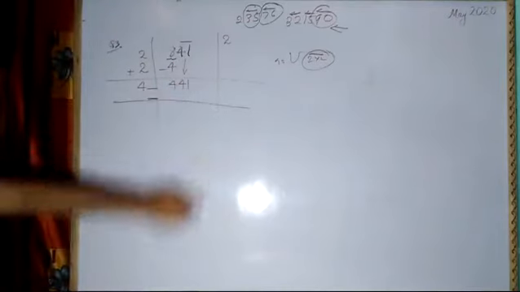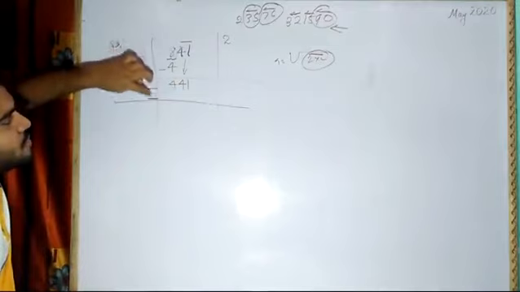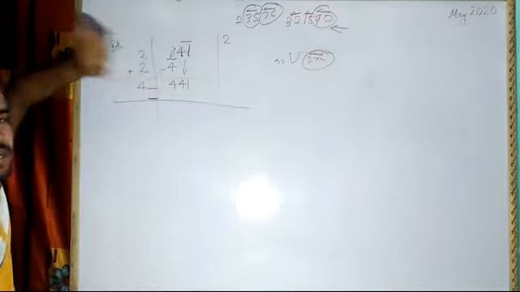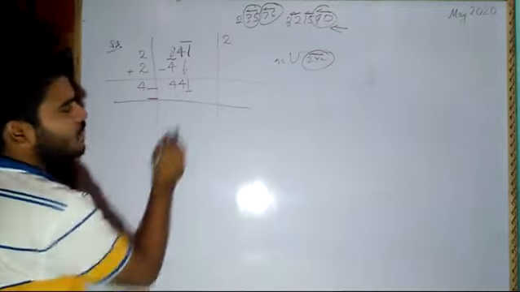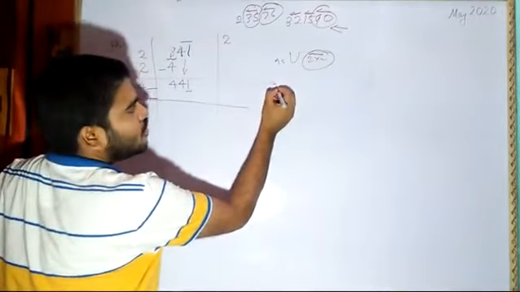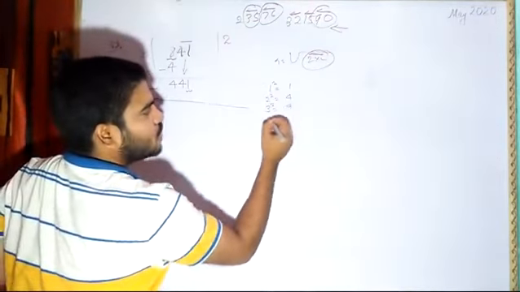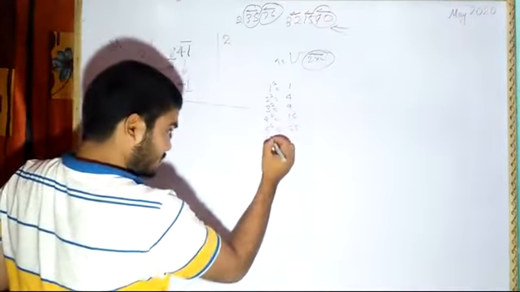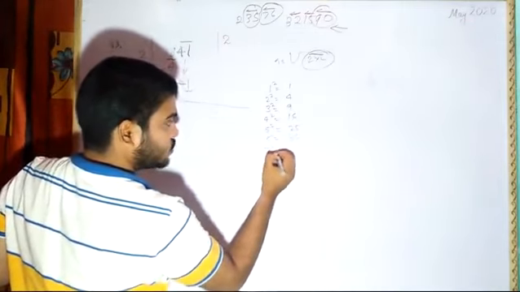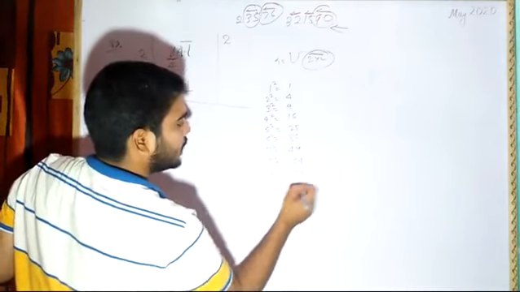Now see, unit place is 1 and I want certain numbers. Here what number can I put? I can put 1 1, 2 2, 3 3, 4 4, 5 5, 6 6, 7 7, 8 8, 9 9. So there are so many times we have to practice. Now the smart way to select the numbers is, here you have one digit. If you remember, 1 square was equal to 1, 2 square was equal to 4, 3 square was equal to 9, 4 square was equal to 16, 5 square was equal to 25, 6 square was equal to 36, 7 square was equal to 49, 64, 81,